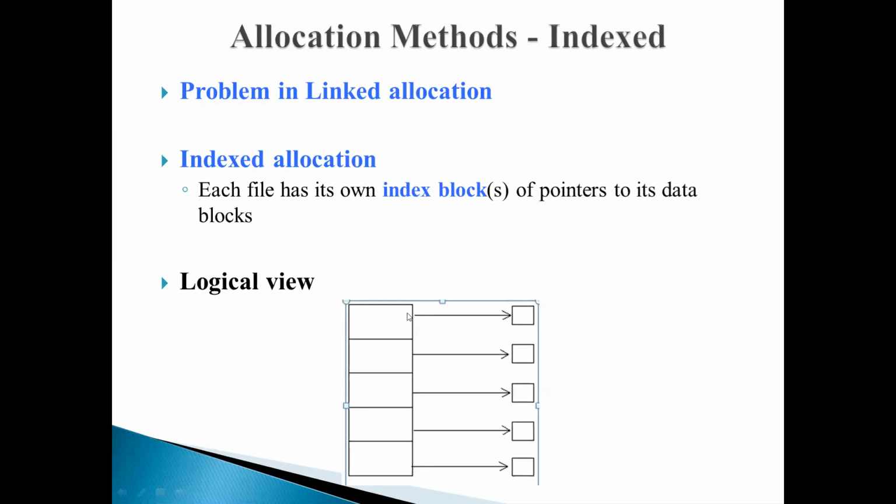You can see that the index block just contains the pointers to the actual data blocks, and all those pointers of a file will be maintained in order inside the index block. What do I mean by in order? For the first disk block, the address will be in the first entry of the index block. The disk block address of the second disk block of the file will be there in the second entry. So the pointers will be maintained in order.